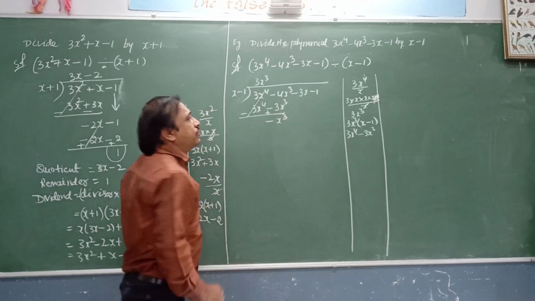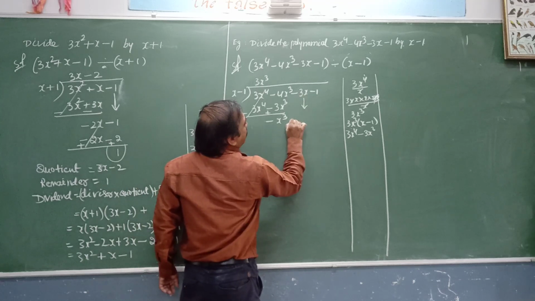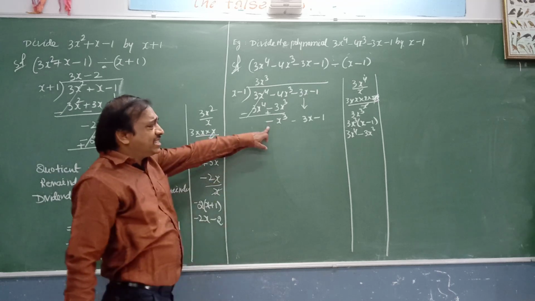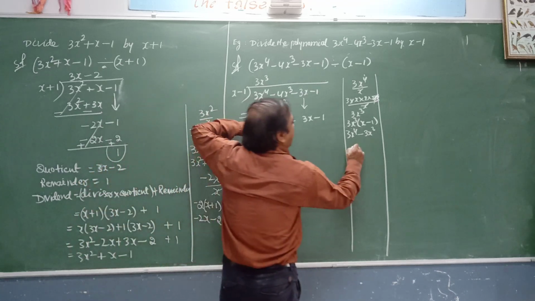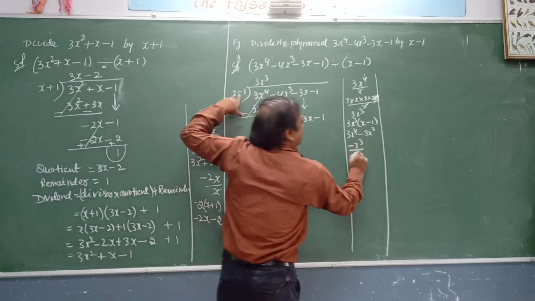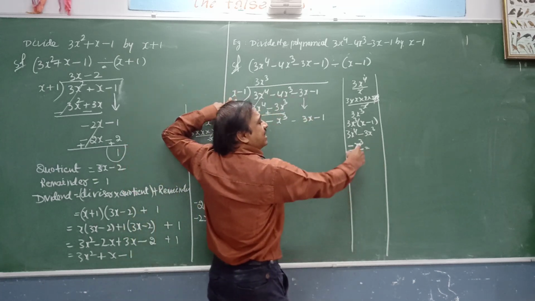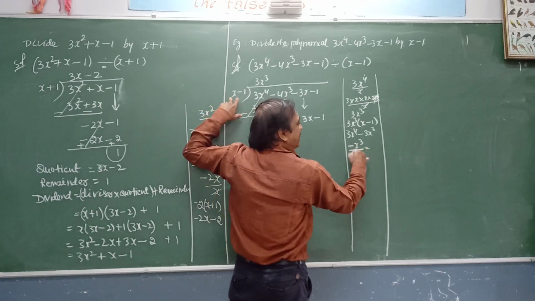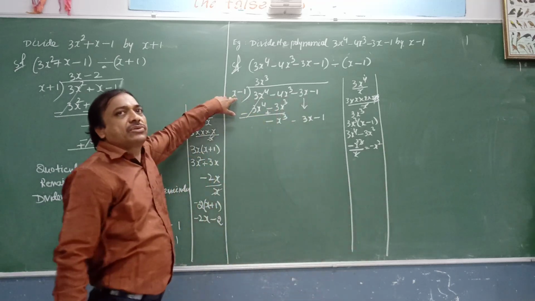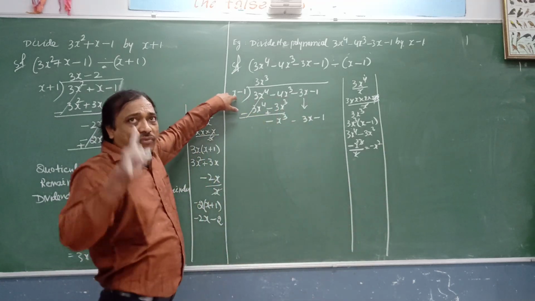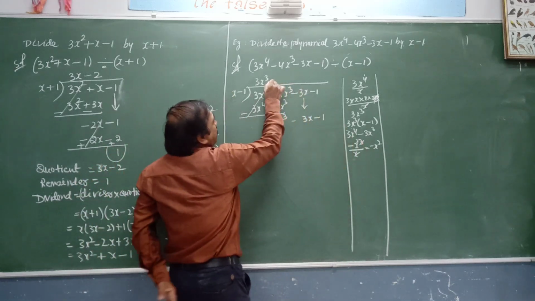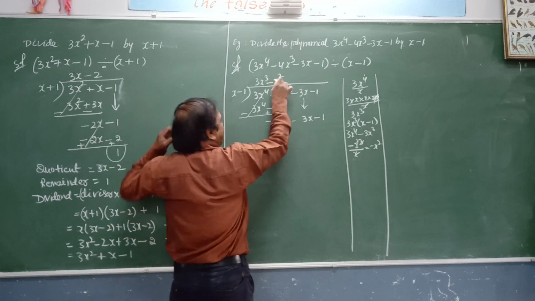Minus 1x cube. Bring these terms down: minus 3x minus 1. See the first term you have, minus x cube, divided by the first term x. Then you get 1x here. Here 3 are there, so if you cancel, you will get 2, which is nothing but minus x square. x into x into x, so 1x we are cancelling. Now minus x square. So including the sign, minus x square into this.